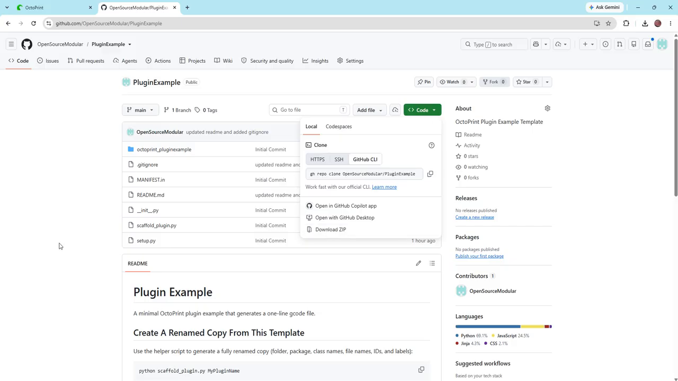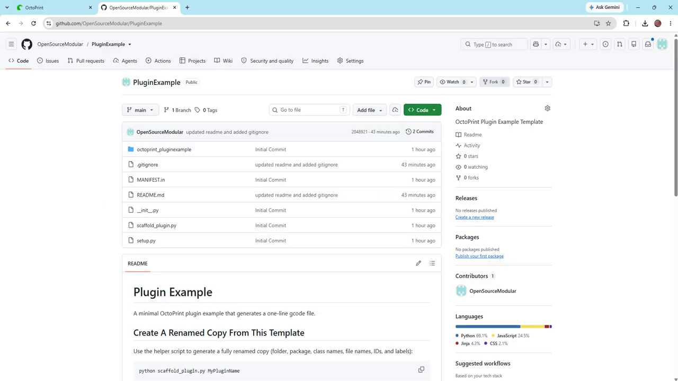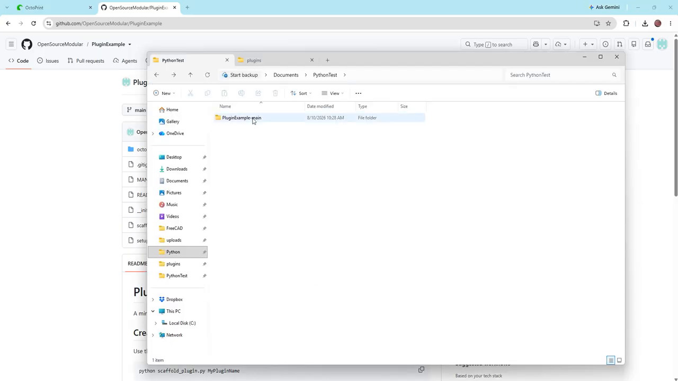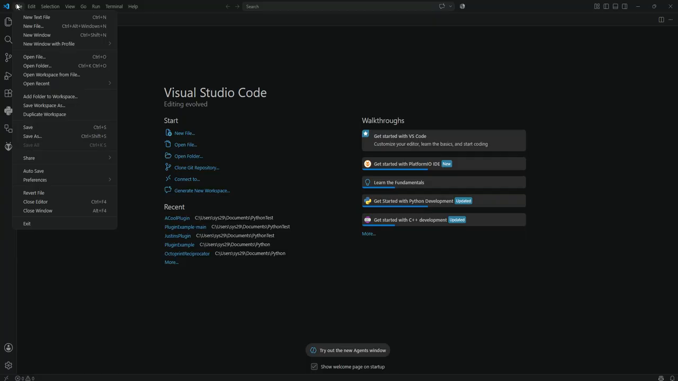The zip file is going to have the same folder twice. You want to extract the second one, which is going to be called plugin example-main, and save that in a folder on your computer. Next thing up, you have a choice. You can either use just a terminal or you can use your IDE. In this example, I'll use the IDE. So I'll go ahead and open that folder